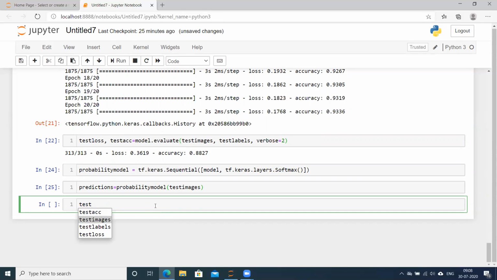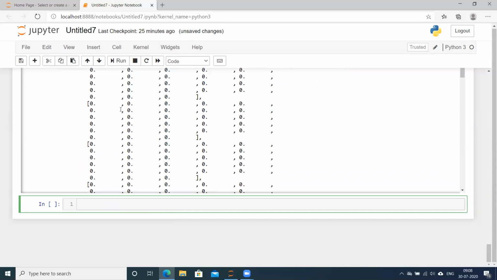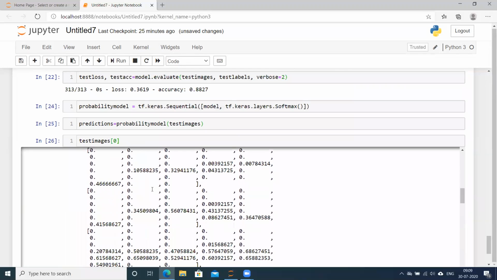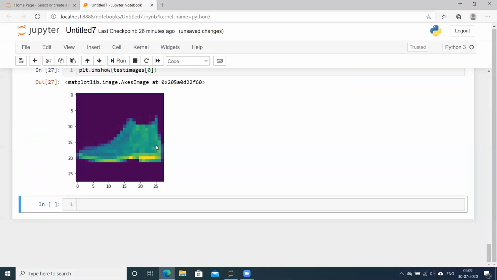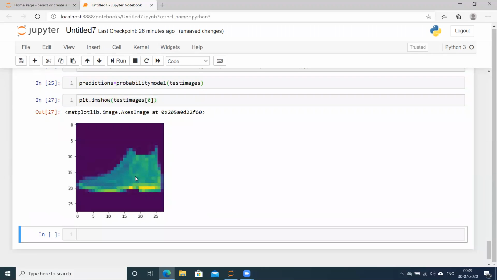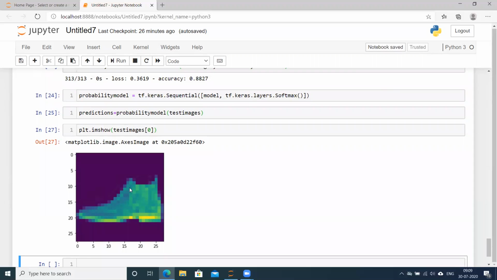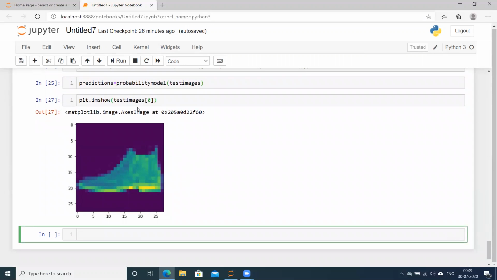We take the 0th test image; these are the pixel values. We can even do plt.imshow, and this is the image. It seems like an ankle boot image. Let's see what probability our model gives for each class.